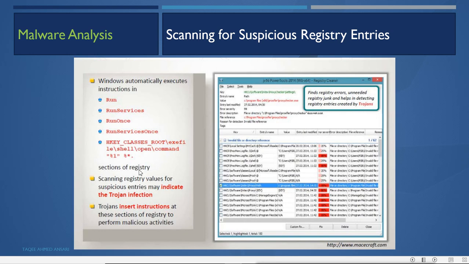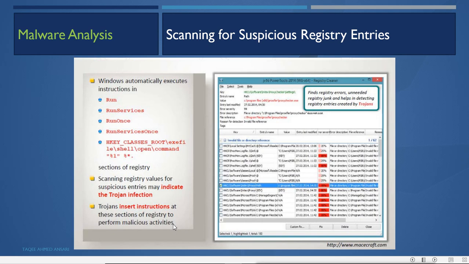You can scan these registry keys, which are used to run programs when your system starts. Scanning registry values for suspicious entries might indicate a Trojan infection, as Trojans insert instructions in these sections of the registry to perform malicious activities.